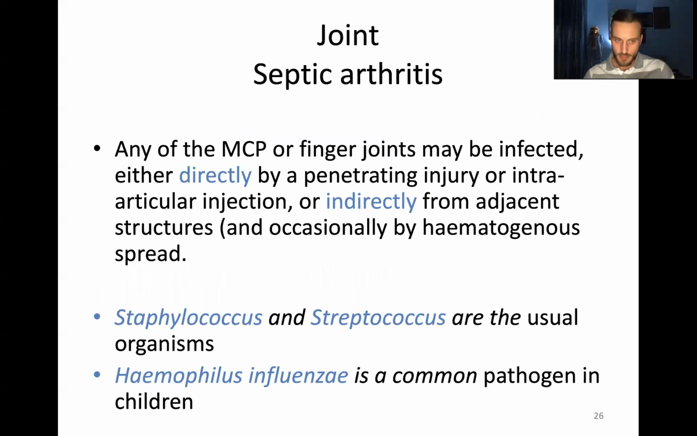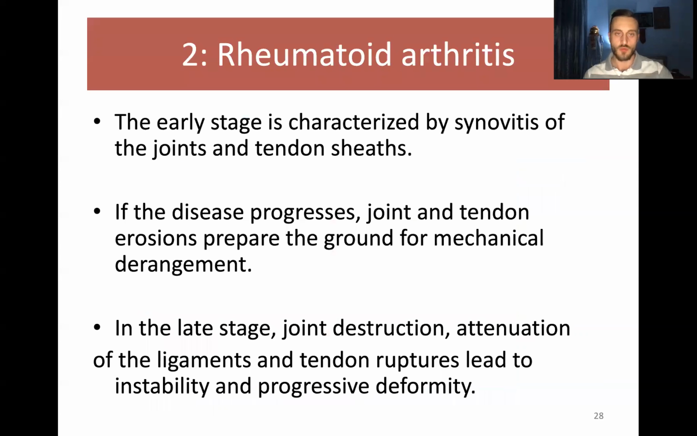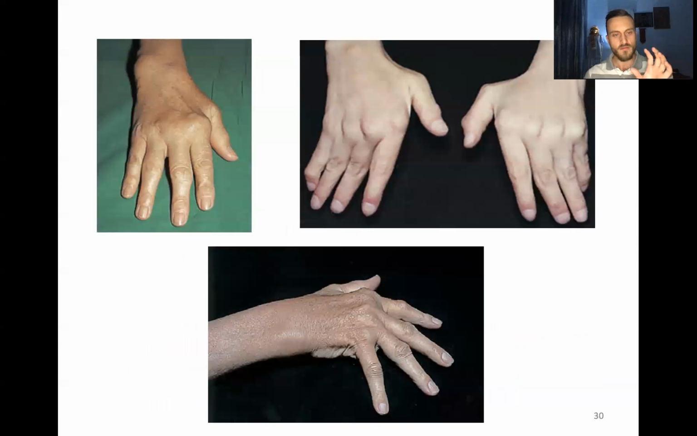For septic arthritis, it's like any synovial joint. Same organisms, same pathophysiology, everything is the same. Redness, hotness, swelling, and so on. Rheumatoid arthritis, we already talked about many diseases or many places that are affected by rheumatoid arthritis. In the hand, it's just the same. The only difference is that it has a specific shape for the hands, which is this picture showing